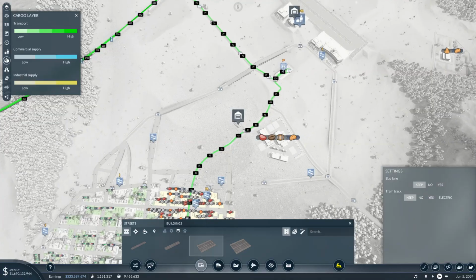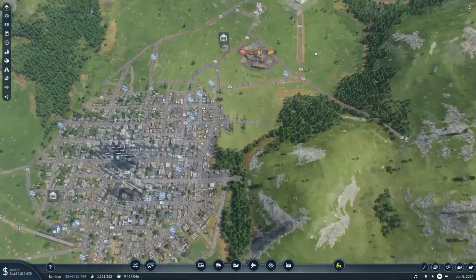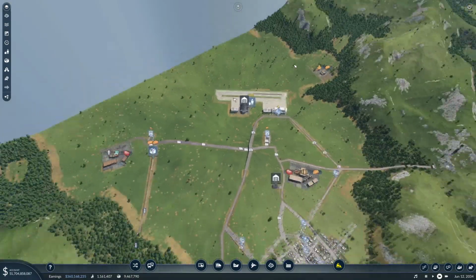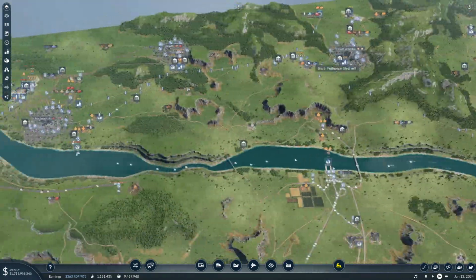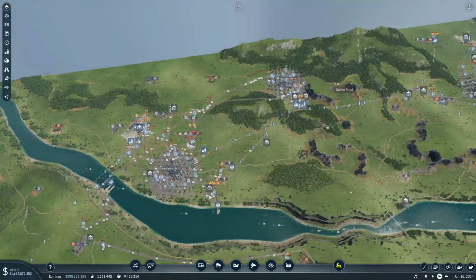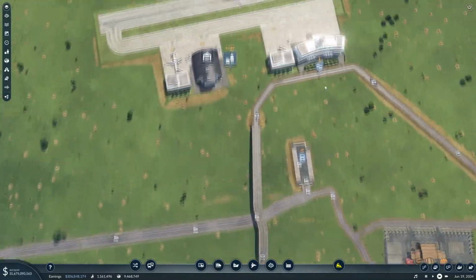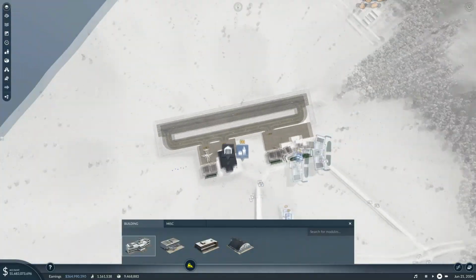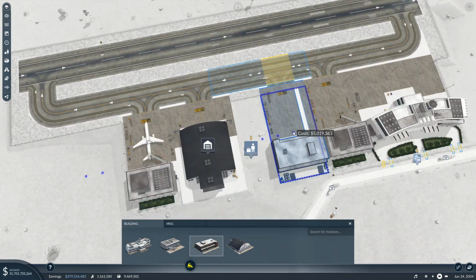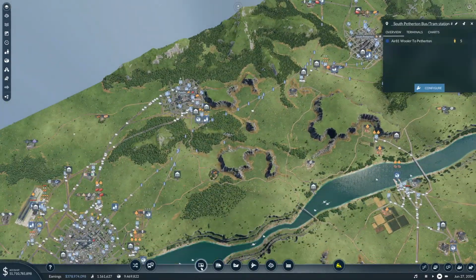I mean, we do have an international airport there. Could we drop in a cargo terminal there? But where would we get the materials from? Well, we could get them from here and fly them to there. That might be a really quick fix to this. So we come into here, cargo terminal. Let's drop you in there and just create a route from